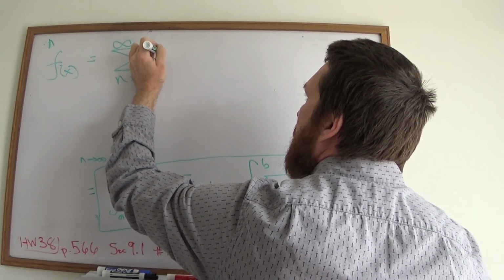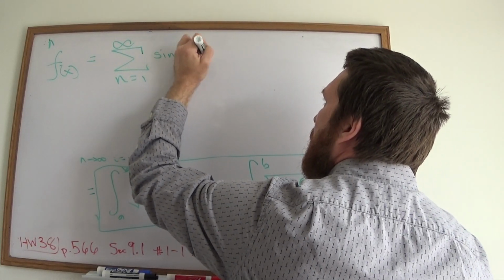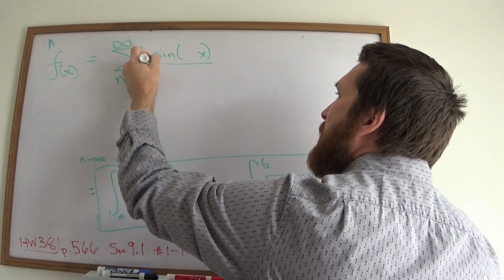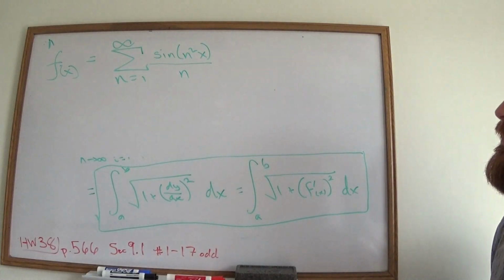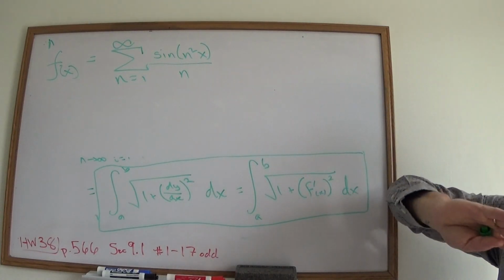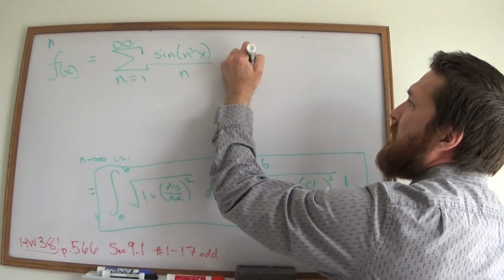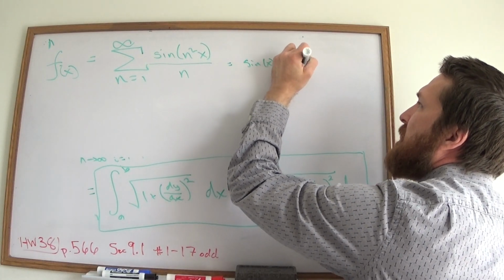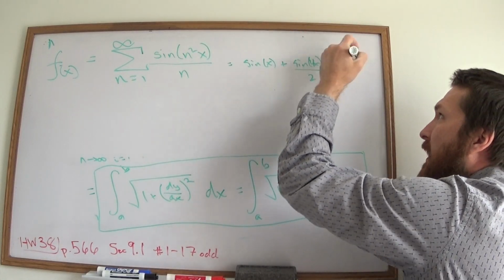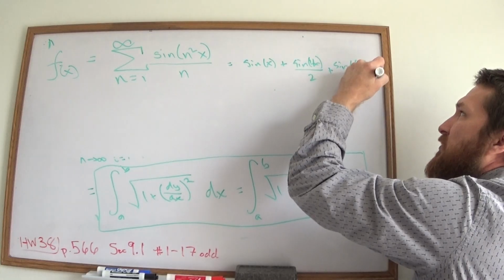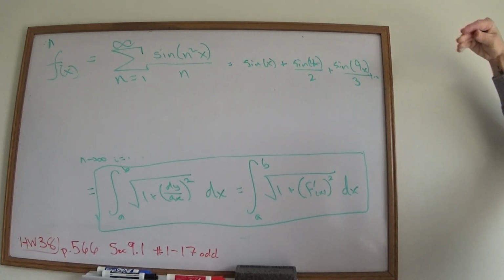You could do it like this. You have to have it over an n, but then if you do an n squared in here, that's perfectly good. It converges. It's a nice continuous function. If you add these up, you're getting sine x plus sine 4x over 2 plus sine 9x over 3 and so on. This converges because these terms get smaller and smaller, and it converges to a nice continuous